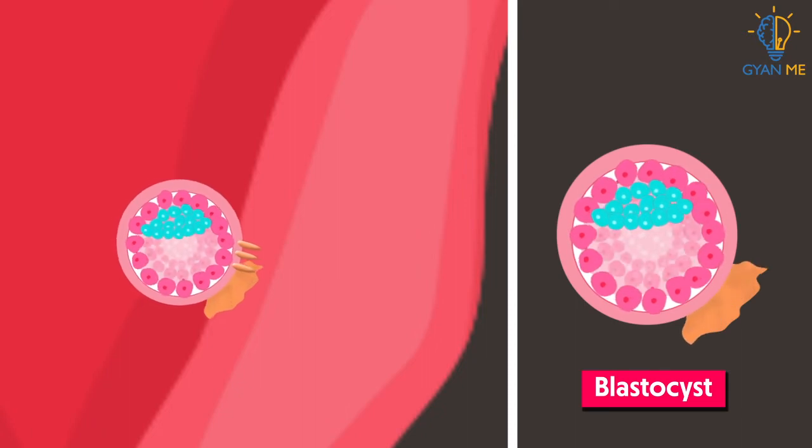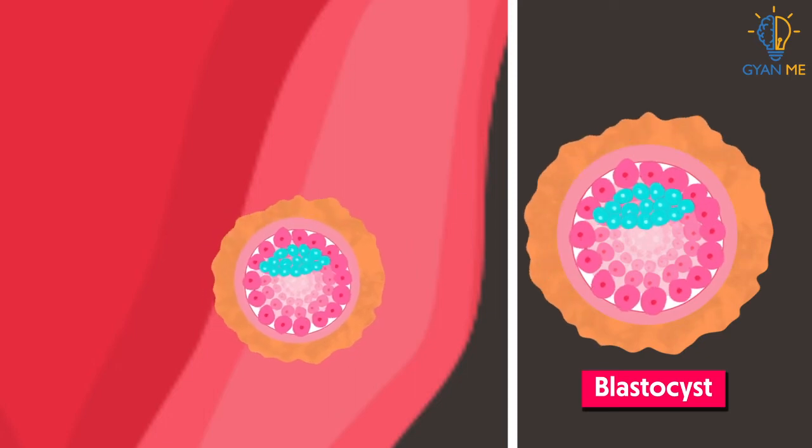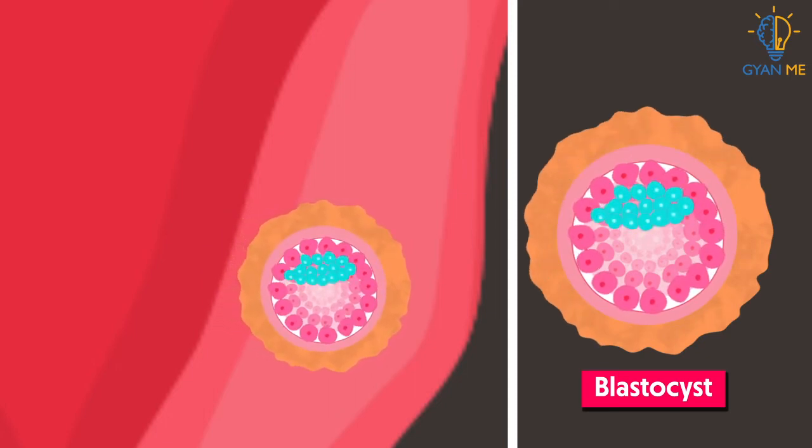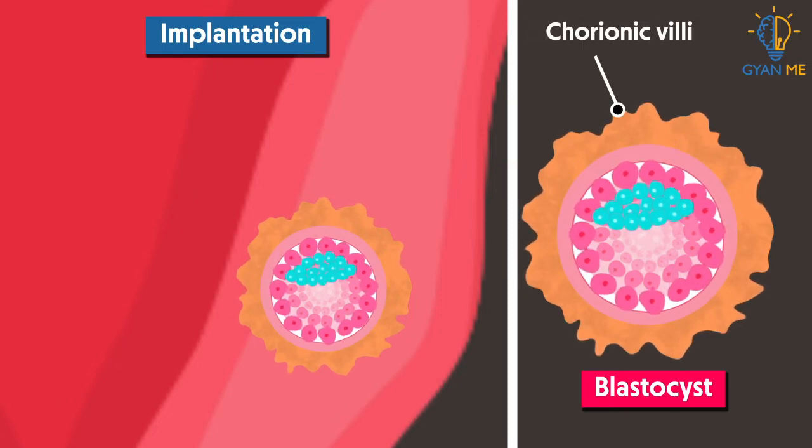After the attachment, the uterine cells divide rapidly and cover the blastocyst and it gets buried in the pit of the uterine wall. The process of embedding of the blastocyst into the uterine wall, that is the endometrial wall, is called implantation. After implantation, finger-like projections start to appear on the trophoblast. These are called chorionic villi. And also the cells of trophoblast form a layer called chorion around the embryo,